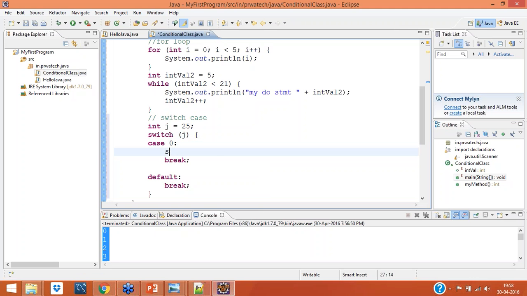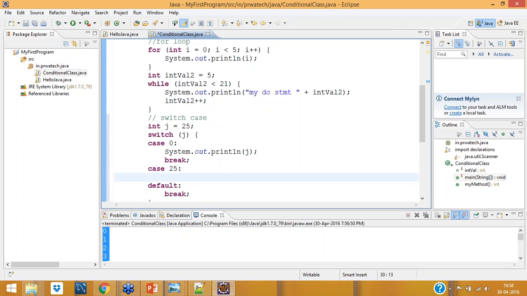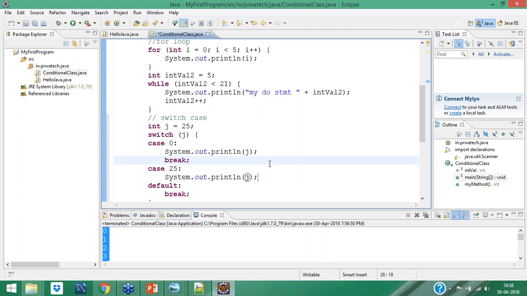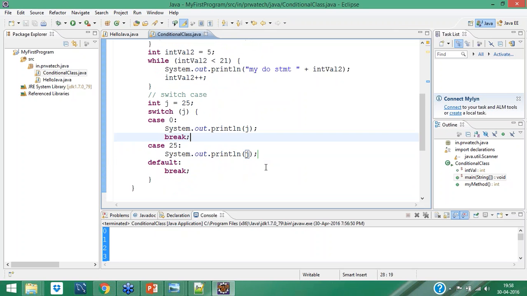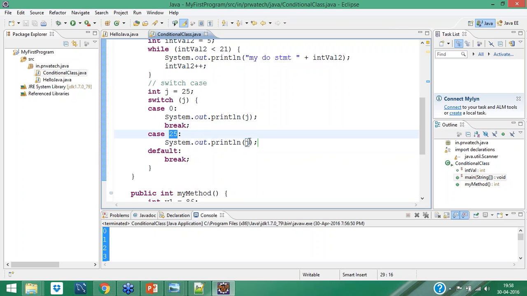Then sys out j. Okay, I can write this: case 25. Again sys out, you can write j. Fine. This will print j, because it will come to the switch statement with the value you want to go through.